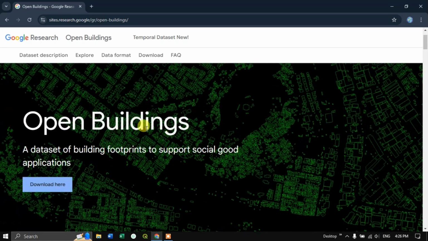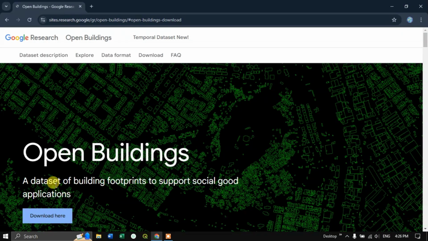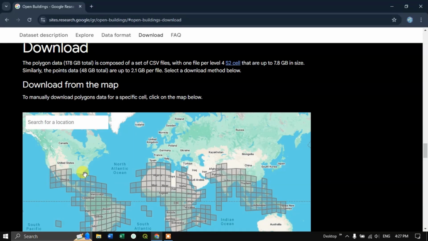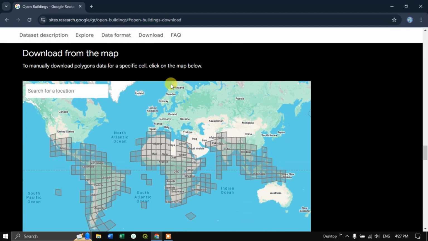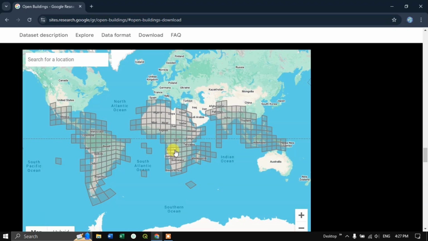So now go to the top and you can find download here. Click on download here. So basically this building footprint data is being given in CSV file format. I'll be showing you how to convert that in QGIS. In order to download this building footprint data, scroll down, you can find